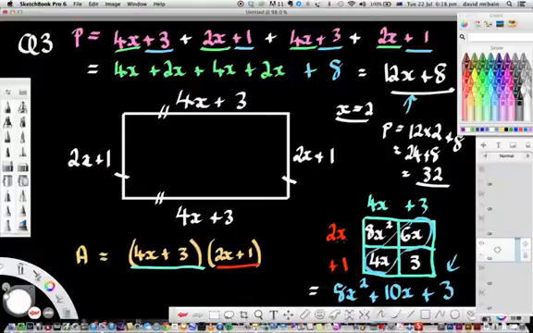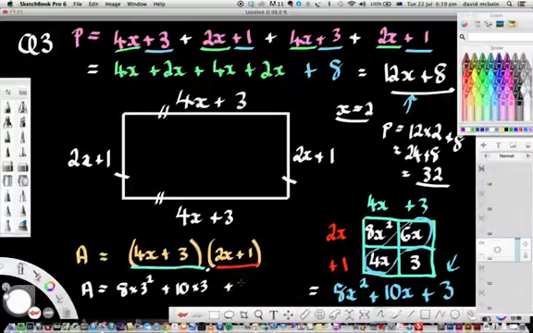In the last part, we have to work out the area when x equals 3. So we substitute x equals 3 into our expression for the area. Now we could substitute into this expression, or we could substitute into this expression. It doesn't matter because they're the same expression. That equals that. Anyway, we'll use the blue one. So the area when x equals 3 is going to be 8 times 3 squared plus 10 times 3 plus 3. And that will equal